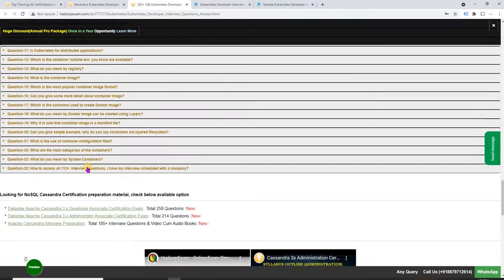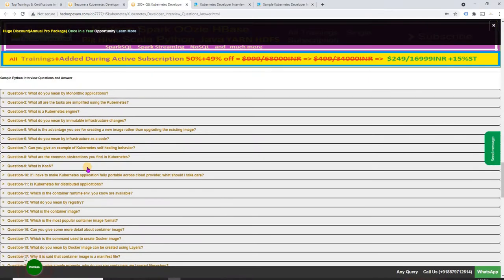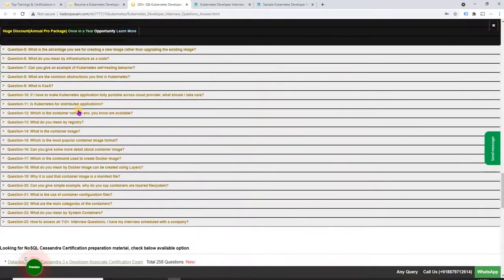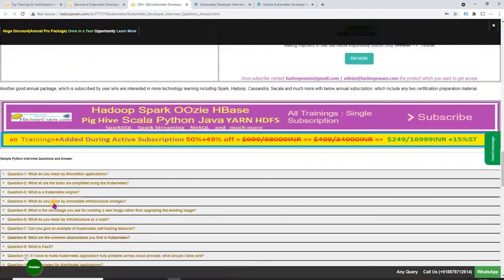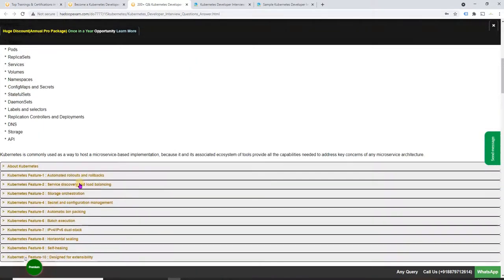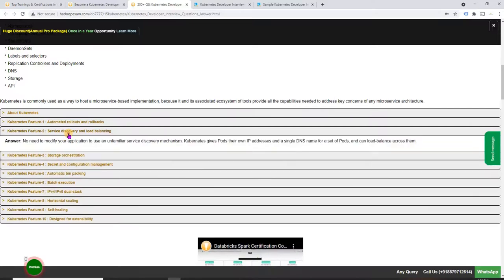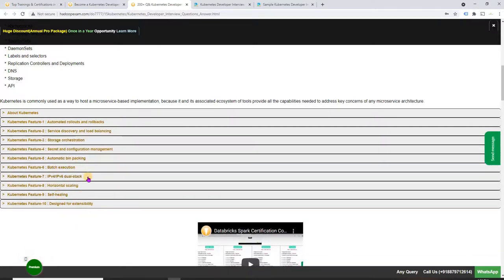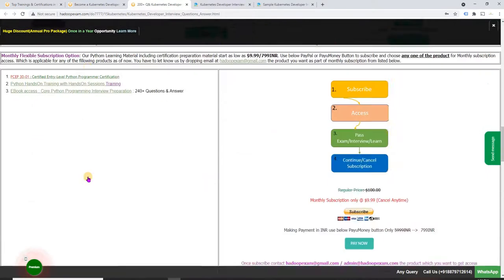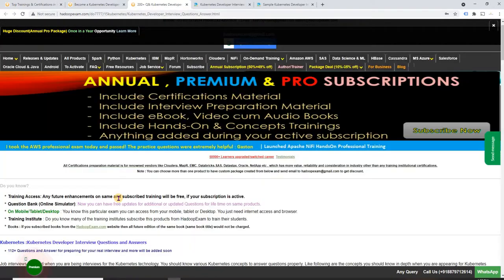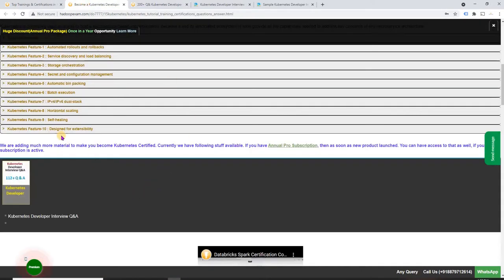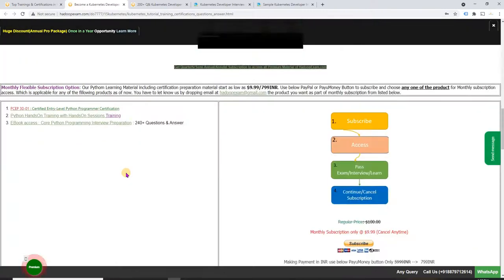So these are sample interview questions and answers, which you see in the sample paper as well, correct? These are listed here, and the terminology which I am talking about, you can see here. These are the features and so on, correct? Sorry, I missed something here. It should not be here. This is on the home page, I believe.